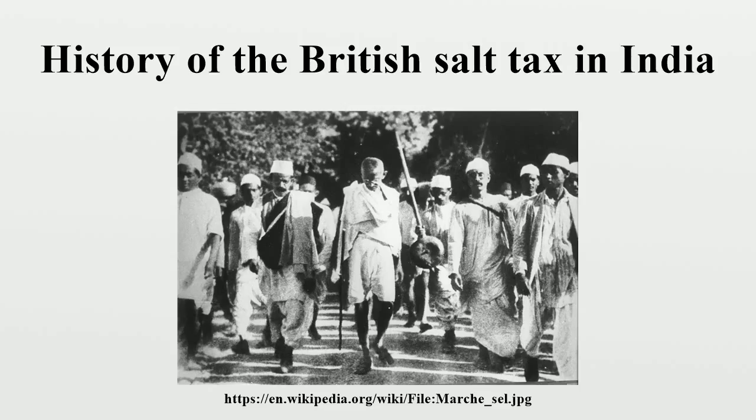In 1878, a uniform salt tax policy was adopted for the whole of India, both British India as well as the princely states. Both production as well as possession of salt was made unlawful by this policy. The salt tax, which was 1 rupee and 13 annas per maund in Bombay, Madras, Central Provinces, and the princely states of South India, was increased to 2 rupees and 8 annas, and decreased from 3 rupees and 4 annas in Bengal and Assam to 2 rupees and 14 annas, and from 3 rupees to 2 rupees and 8 annas